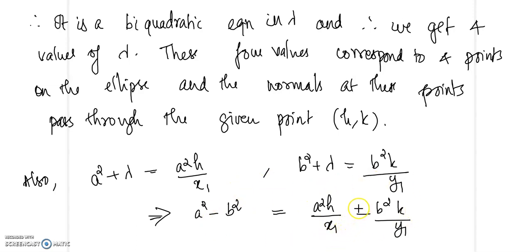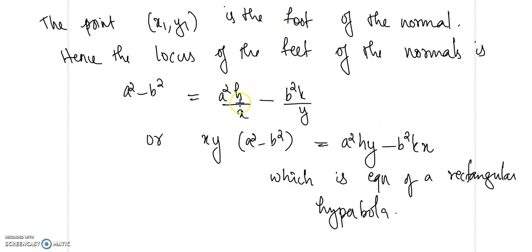So 4 normals can be drawn to the ellipse through a given point HK, and that gives us the feet of the normal x1 y1, which is a point on the ellipse. So when you take the locus of all these points, we will get the equation of a rectangular hyperbola. So that is the proof for